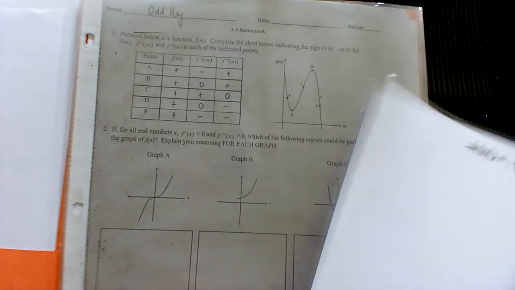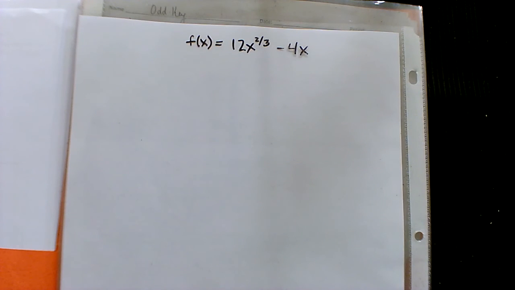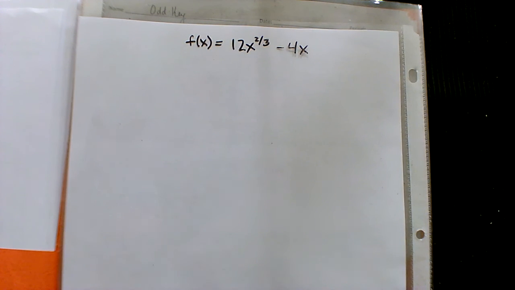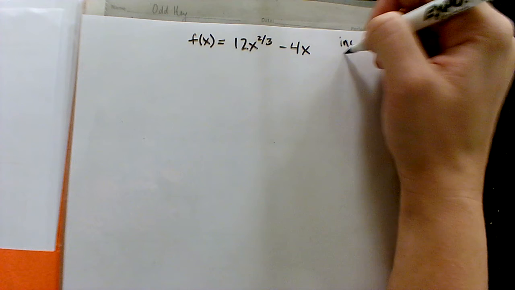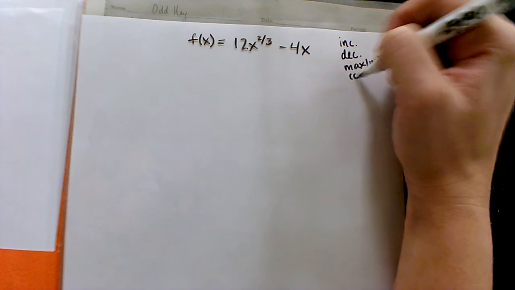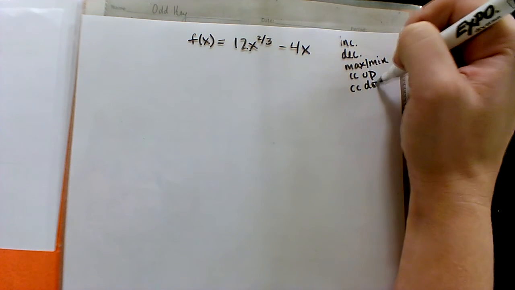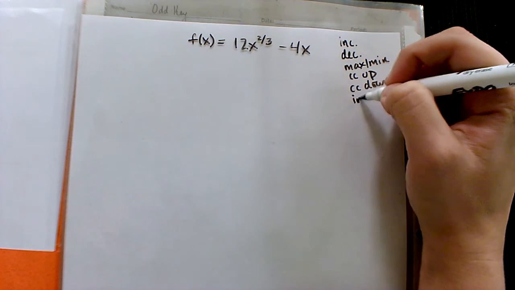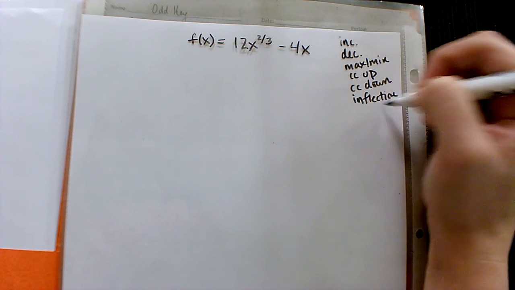All right. Do me a favor, and on the back of that page, we're going to go ahead and take a look at this example. We're going to graph this without a calculator, by hand, using some calculus. And then we'll go ahead and check it on our calculator just to make sure it makes sense. So we're going to find increasing intervals, decreasing intervals, if we have any maxes or mins, where we're concave up, where we're concave down, maybe if we have any inflection points,